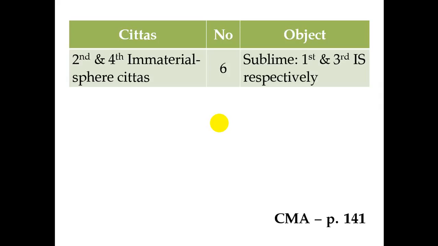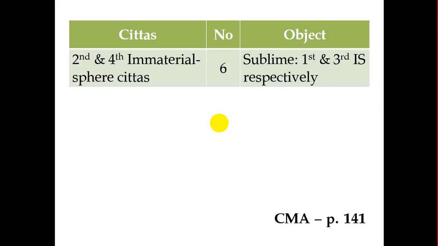You have learned that the second immaterial jhana and the fourth immaterial jhana take a sublime object. Sublime object means we have 27 sublime chetas, right? 27 sublime chetas,